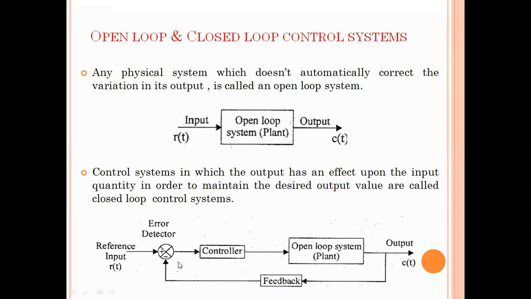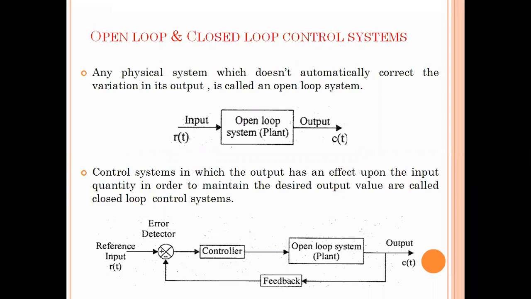Okay. For better understanding, I want to give you a general example. Let us take an AC. We know how the AC will function, right? Here the output is the desired output. Let us say I want to maintain my room temperature at 20 degrees centigrade. When we turn on the AC, the room temperature will be around 30 or 32 degrees. But my desired output temperature is 20 degrees. So 20 degrees is my desired output, but at present, the room temperature is 32.